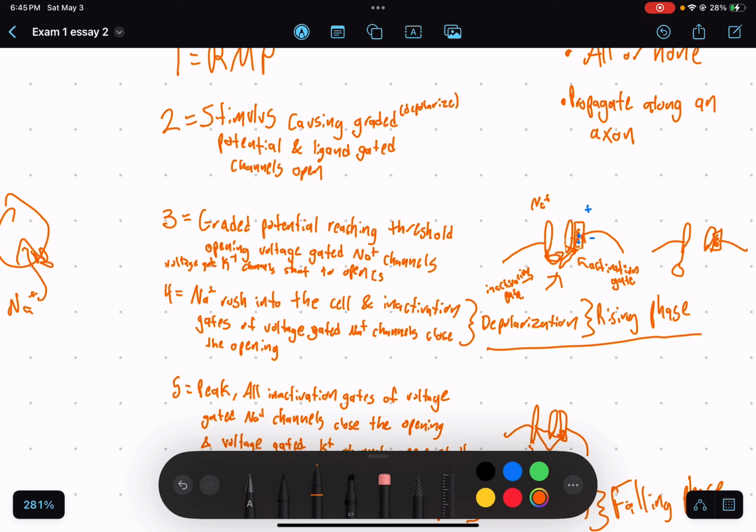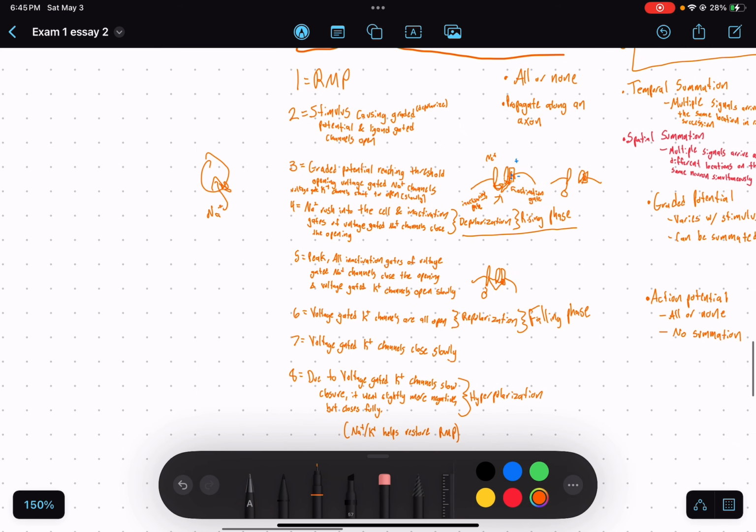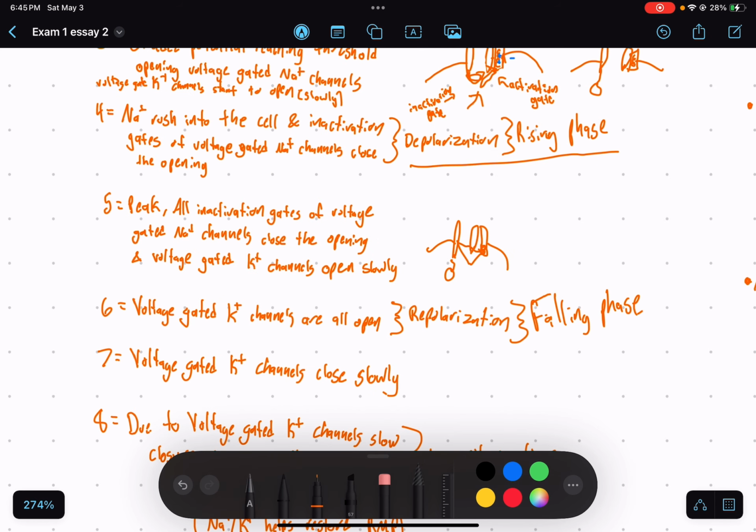But they open slowly, which means they're not really opening at a speed where it can rush in all too much. So that sodium concentration gradient is going to be the thing causing that depolarization. But once you hit peak 5, the voltage gated channels are all the way open,